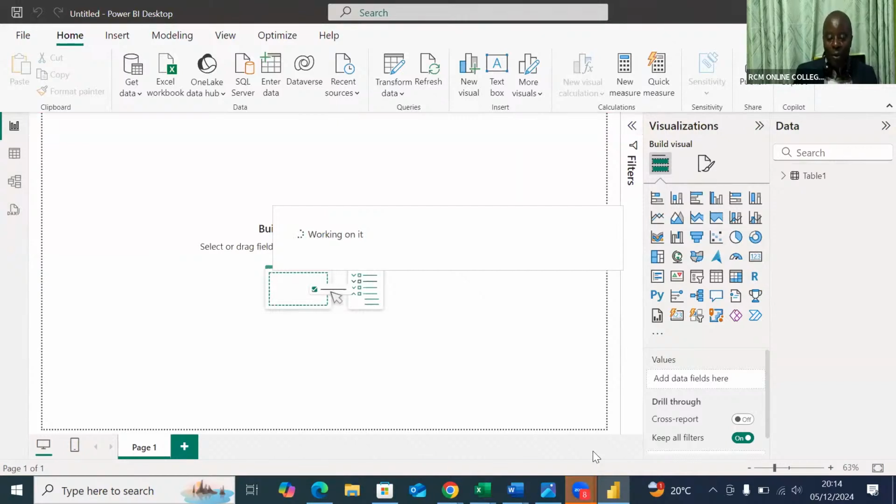I would have gone to my model directly, but I don't want to go there. What I want to do is to come to this table, this one here. I can see, sorry,